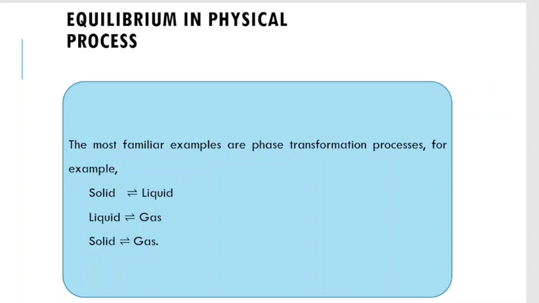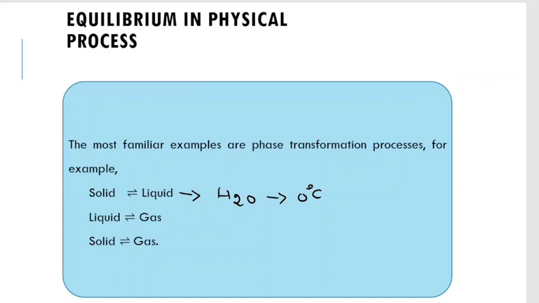We know about the boiling point or the melting point, and we know about the sublimation process, especially the phase transformation process. Suppose we consider solid to liquid, we can call this the melting process. The melting point of water is 0 degrees centigrade. What does it mean? At 0 degrees centigrade, under atmospheric pressure,